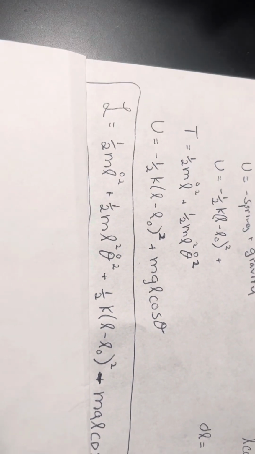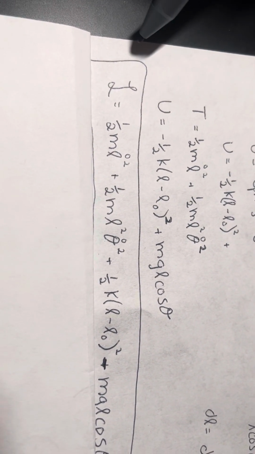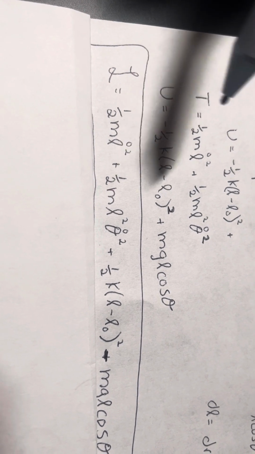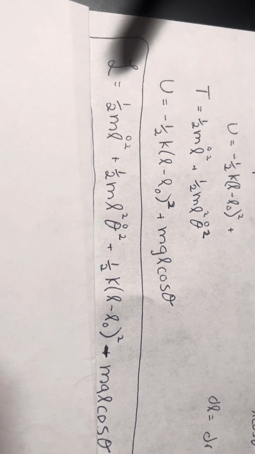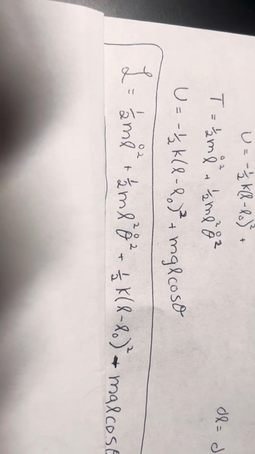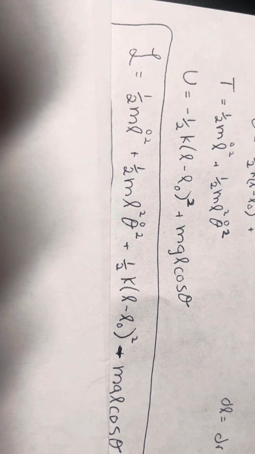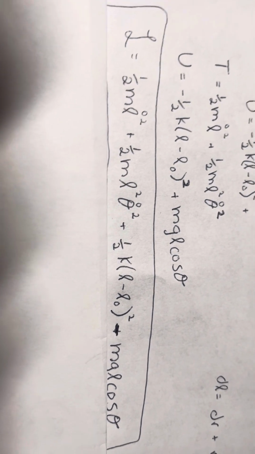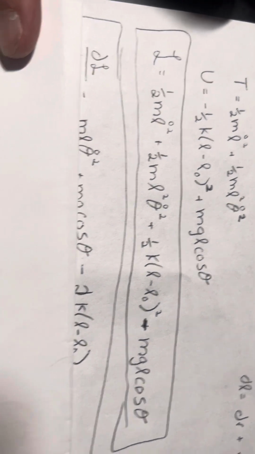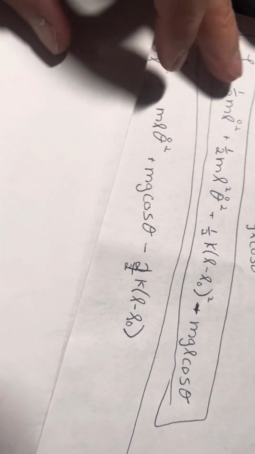Putting that all together, where the Lagrangian is equal to T minus U, the Lagrangian is equal to 1/2 m L dot squared plus 1/2 m L squared theta dot squared plus 1/2 K (L minus L0) squared minus mgl cosine theta. So then to find the motion